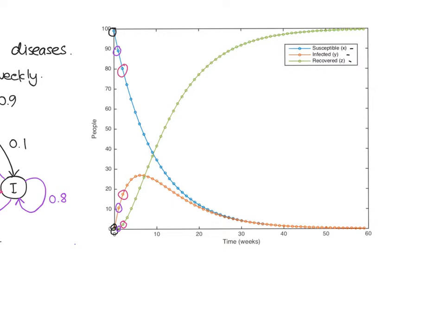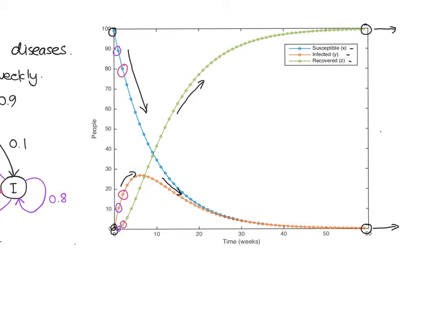So this is looking like a pretty sensible model. And as you would expect, if we look over more time, well, the number of people who are purely susceptible goes right down. The number of people who are infected peaks and then slowly goes down to 0. And finally, the number of people who've recovered increases until when we look 60 weeks after the outbreak of the infection, we have nobody who's susceptible or infected and 100 people who are recovered. And as you can imagine, if we carried on with our calculations, we'd find that nothing changed. So we notice that everyone who is recovered stays recovered,